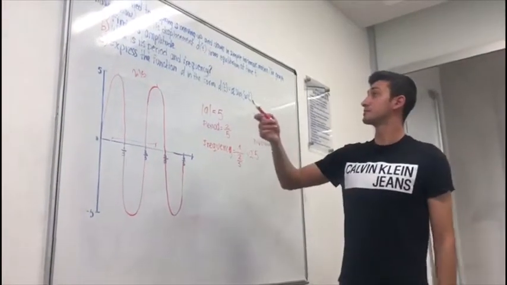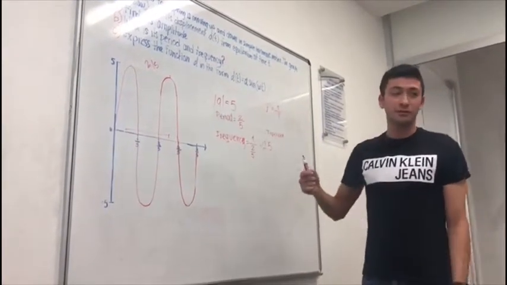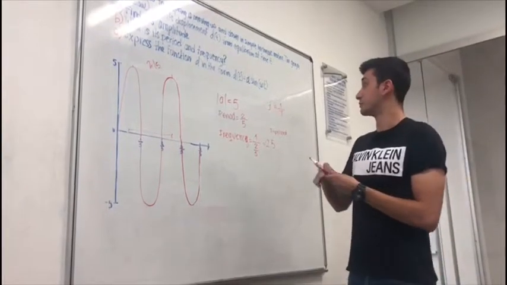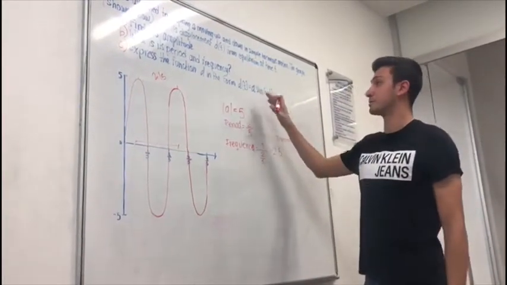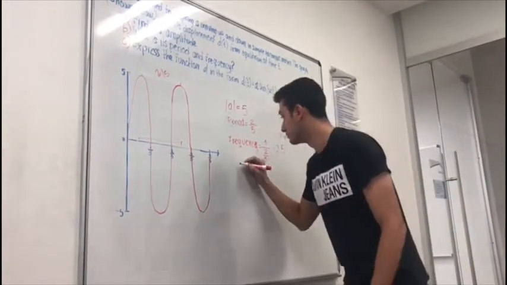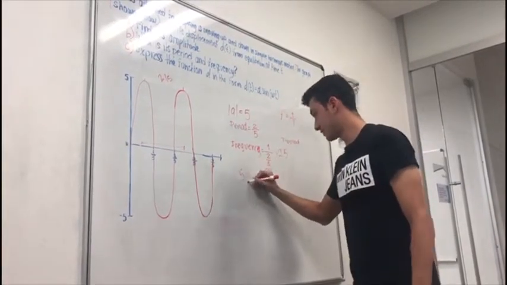Finally, we have expressed the function in the form, and then we have the formula. So we are going to proceed to put our variables. So first, we have amplitude. As we already know, amplitude is 5. So we put 5 sine,